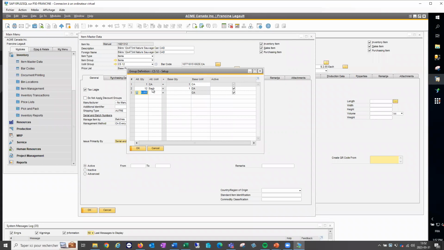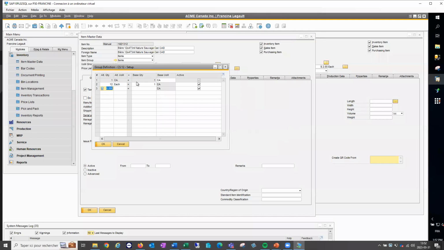The problem is this is a fraction. This includes decimal, and even if you divide one case into 12 units and then try to get it back to one case, you'll never get the one case. You'll get 0.9999997 of a case.